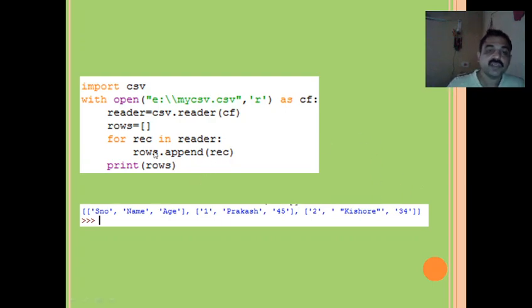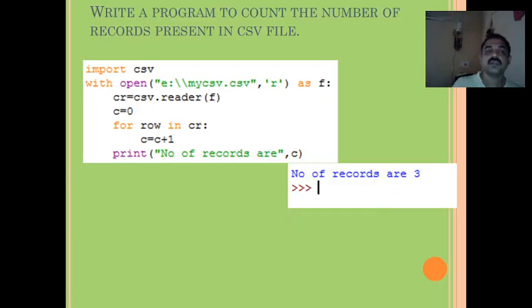So rows.append(rec) means each row is appended to the variable called rows. Rows is nothing but a list. Then we are displaying the list. So the output will be a list of lists like this. Clear?